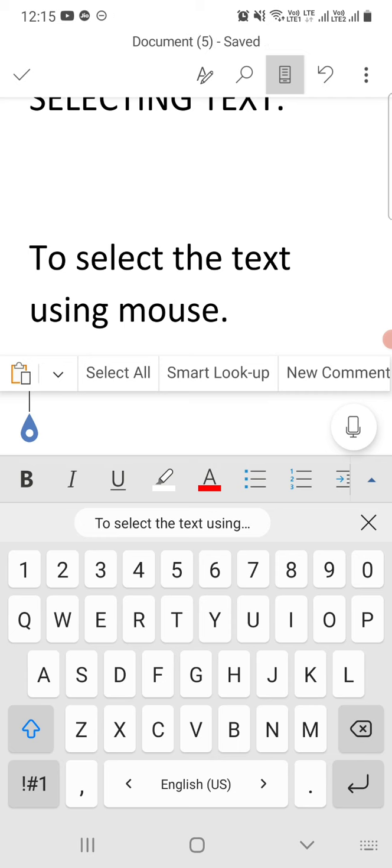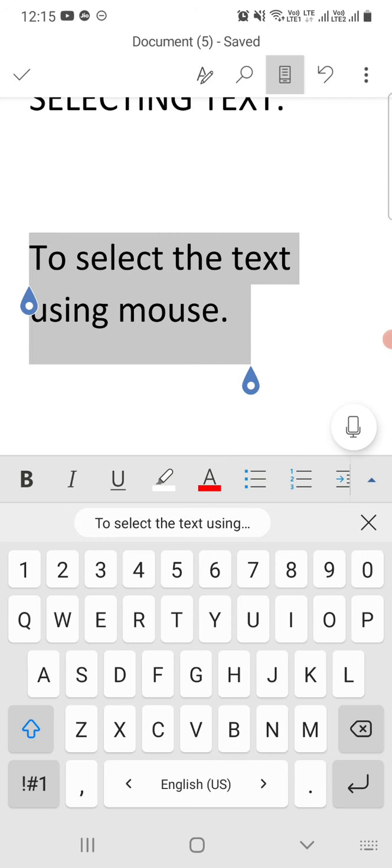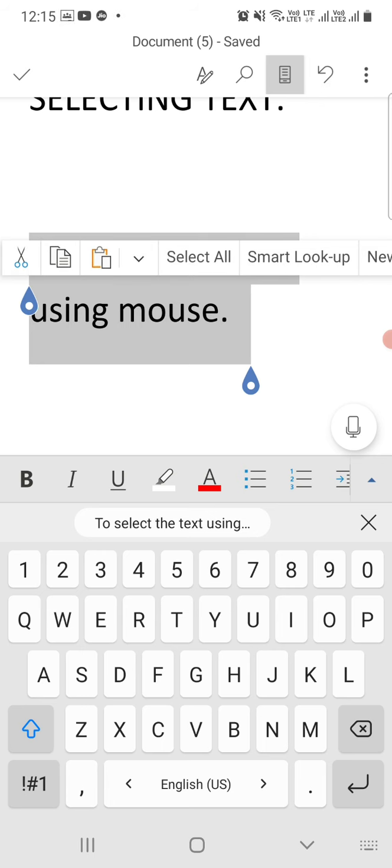Next we have copy paste, right? Copy and paste, we have previously practiced cut and paste, and now we are going to use copy paste. So you have to choose the word, choose the total sentence.